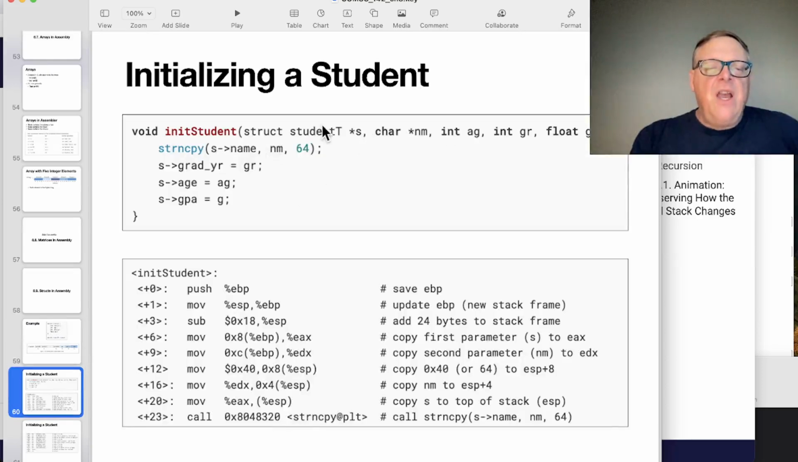And so you can initialize a student here in C by copying things into the various locations. And here's how that would look in assembler. You create a stack frame and you add 24 bytes to the stack frame, so you have room for 24 bytes of local data. And then you copy the first parameter to EAX and the second parameter to EBX, finding them from the base pointer. And then you copy the immediate value of 40, which is 64, to ESP plus 8, another local variable. Then you copy name,